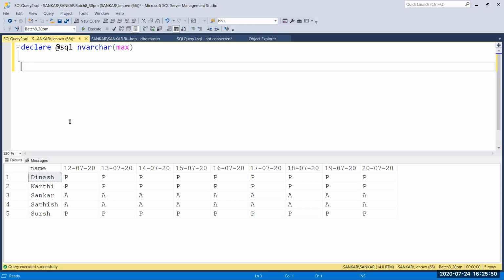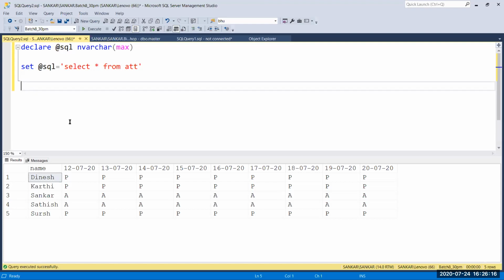I'm going to give a value for that: set @sql equal to, give quotations, and here you can pass your query. You can give your query in string format, like select star from att.